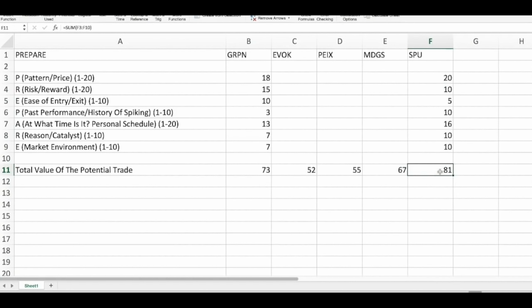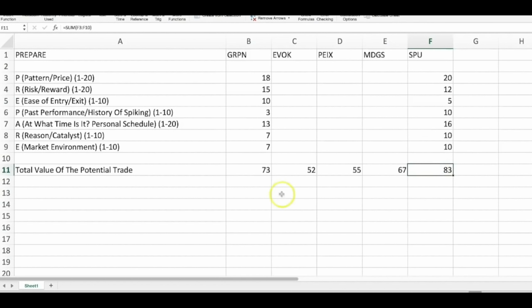Remember, and this is a rough estimate, I only want to take trades that are in the 80, 85, 90 region. If I really wanted to get particular, I think I could even up the risk reward possibly, because if it is a breakout, it could go up $1 a share. If it's a fake out, I'm going to lose 20 or 30 cents. So I might even bump this up to a 12 when I was buying it.